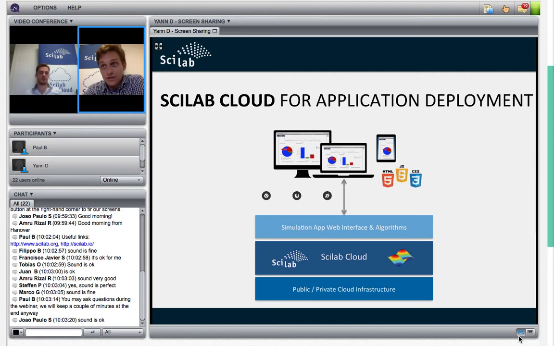So what is Scilab Cloud? At the moment, Scilab Cloud app is meant for the deployment of web apps with a user interface, or without a user interface through an API, a web API. Here we're going to concentrate on web apps, meaning